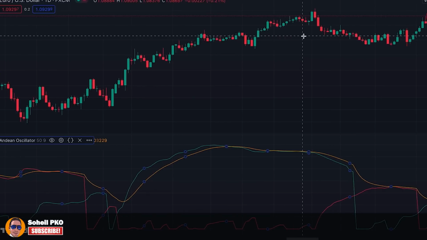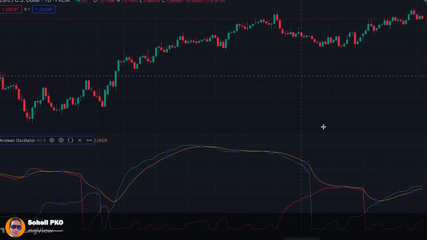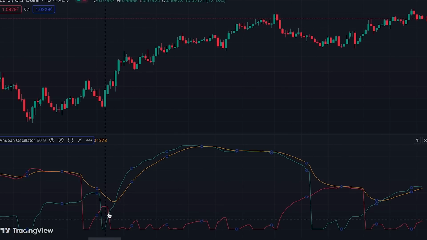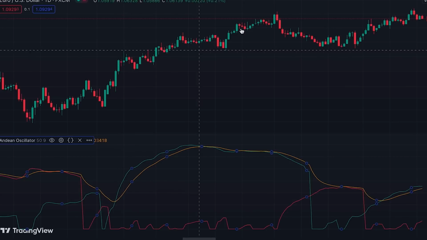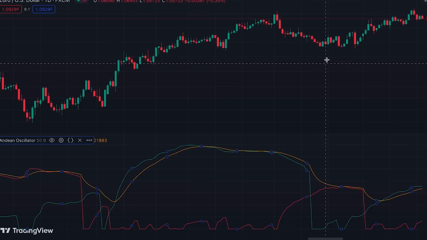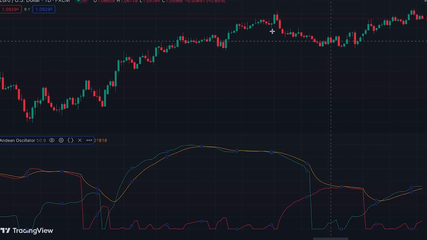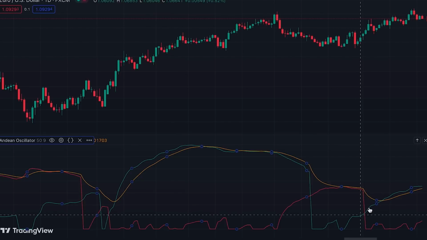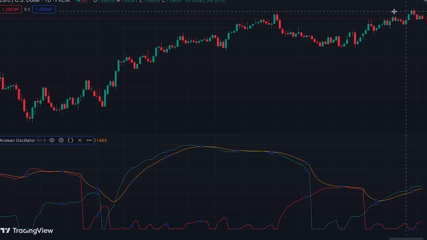But this is not enough, and many of the times we have these crossovers in the pullbacks. For example, here you can see that the green line crossed over the red line and is truly showing starting of an uptrend. Moving on the chart here, the red line crossed over the green line, but it wasn't starting point of downtrend, and you can see that it was just a pullback within this uptrend. And again here, the green line crossed over the red line